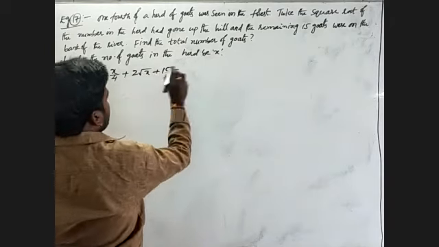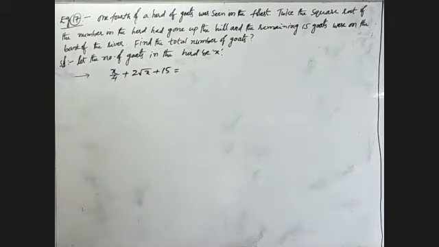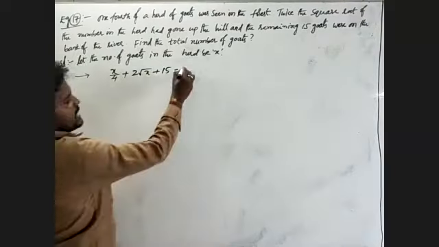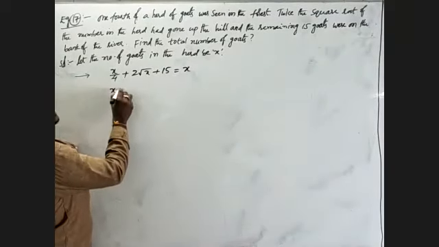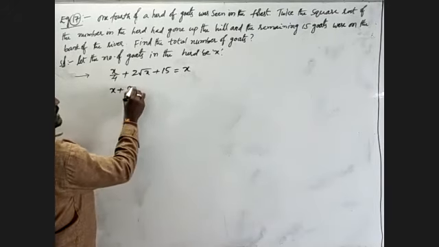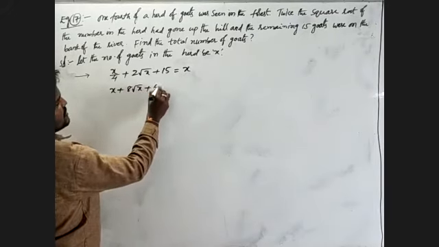This is the total number of goats. Will take x. Here we will write x plus 2 fourths 8 root x plus 15 fourths 60 is equal